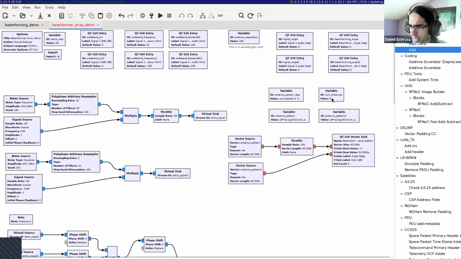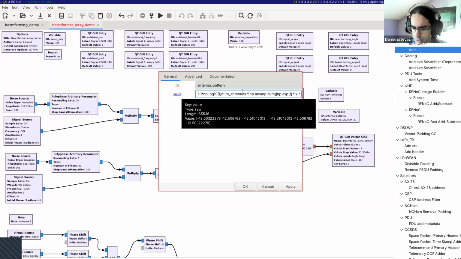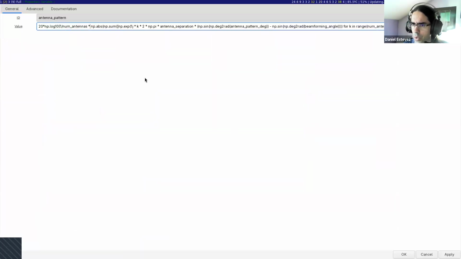I have my number of antennas, it is 6. And then I calculate the antenna pattern with this formula, which might look quite complicated, but it is basically the phase shifts we were doing before. We have K is the number of antenna. You can see there is a for K in range number of antennas. And we have the phase shift for the angle of arrival, which is my antenna pattern degrees. This is how I'm computing it for many different angle of arrivals at the same time,